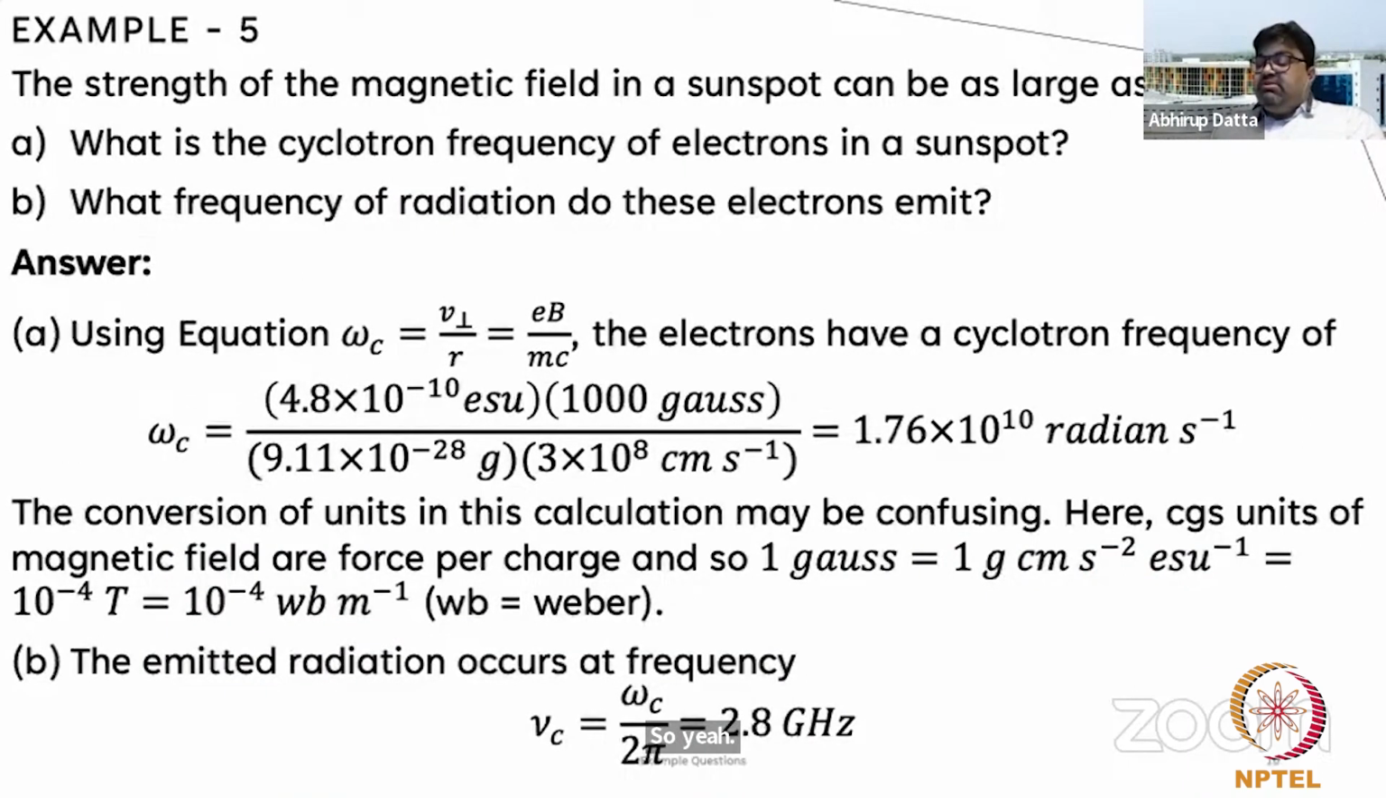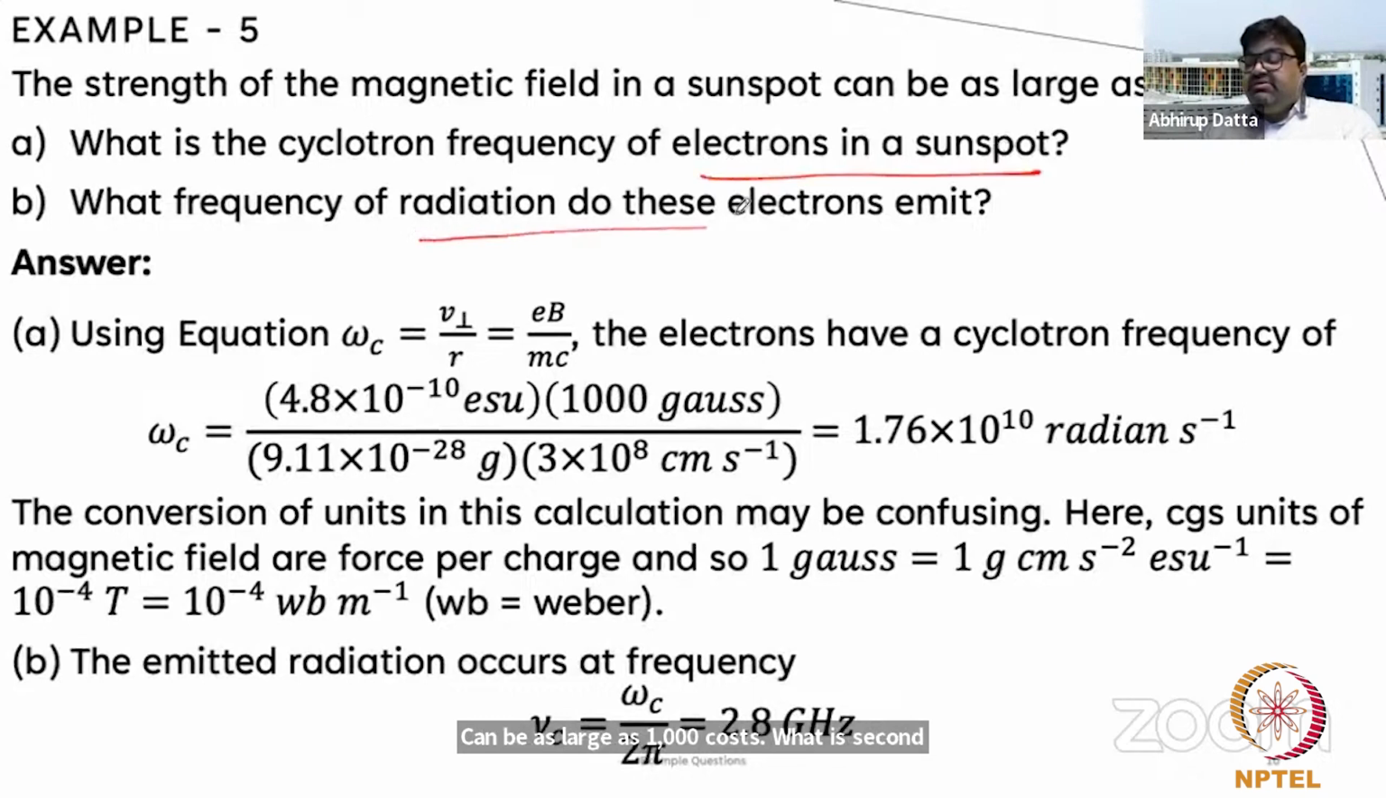Next example talks about cyclotron frequency. The strength of the magnetic field in a sunspot can be as large as 1,000 Gauss. What is the cyclotron frequency of electrons in a sunspot? What frequency radiation do these electrons emit? So the equation is